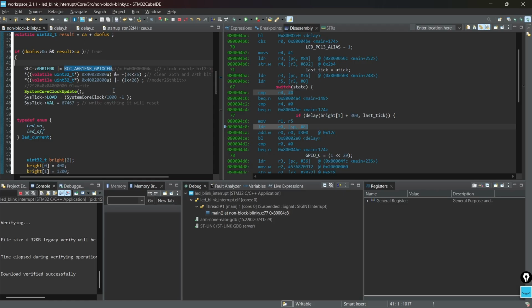And now we write 1 on the 26th bit, which means overall we have written 0 1. This is the 26th bit, this is the 27th. First we clear them both to 0, then we write 1 on the 26th bit.